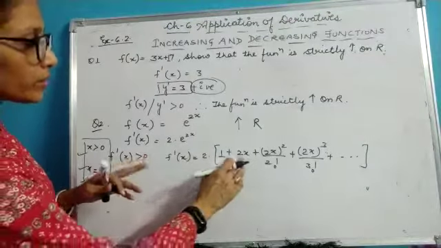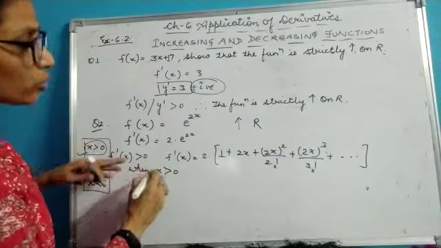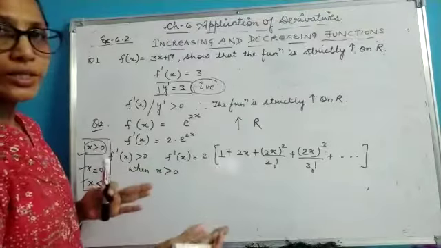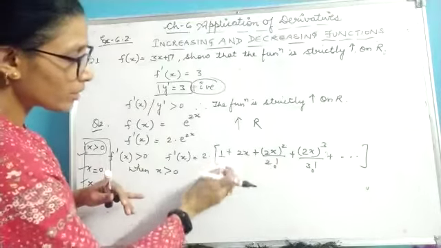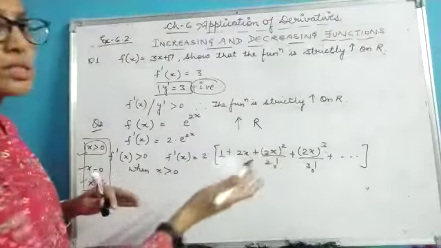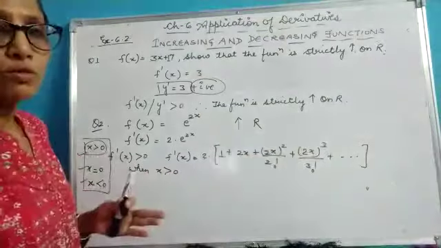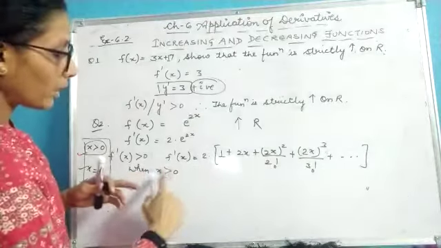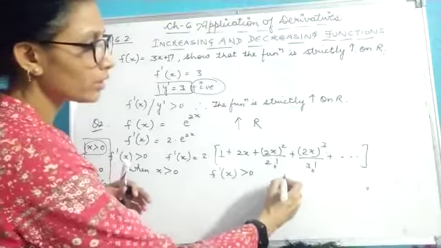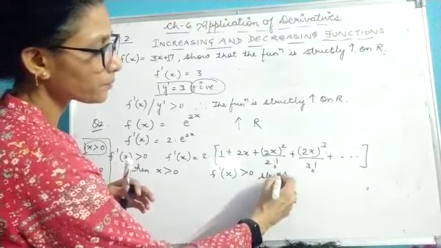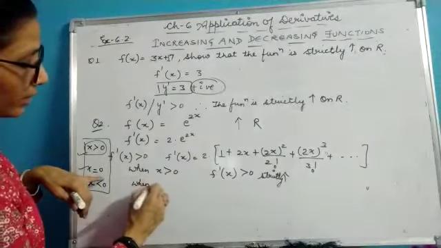Now children, if I am proving it when x is greater than 0, that means you choose any value of x greater than 0, say I am taking it as 1. Or I can simply say this is 1 plus something, that means it is coming out to be positive. For all values greater than 0, this complete value will always be positive. So for x greater than 0, your f dash x is coming out to be greater than 0. So here it is strictly increasing. Now let's check it for when x equal to 0.